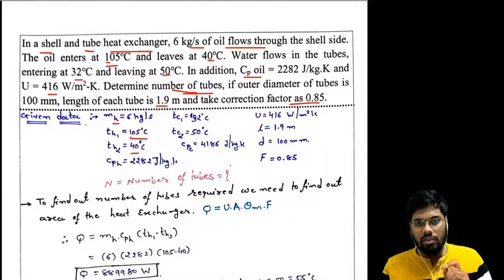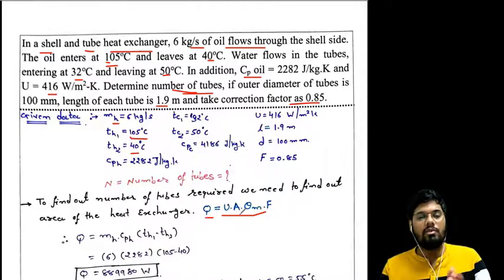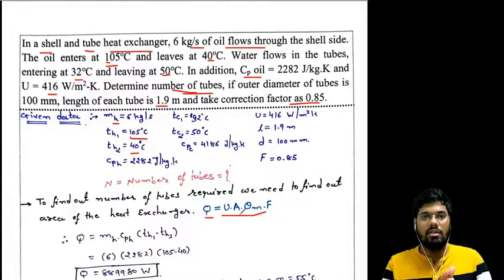So now the question is, what is this correction factor, which is 0.85? We just multiply this correction factor in this equation. This is our heat transfer rate, Q is equal to UA theta m, and this is valid for a heat exchanger which is newly designed or which is recently in use, but after some years of use, the effectiveness of the heat exchanger is reduced, because